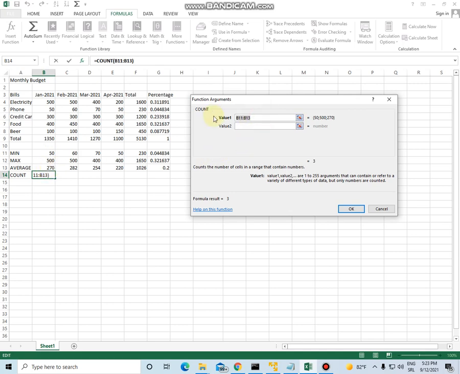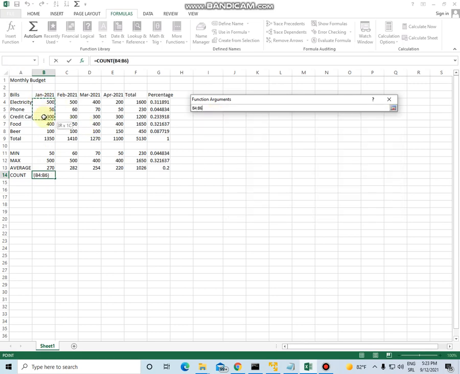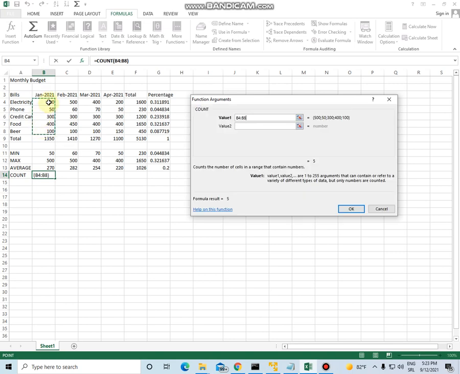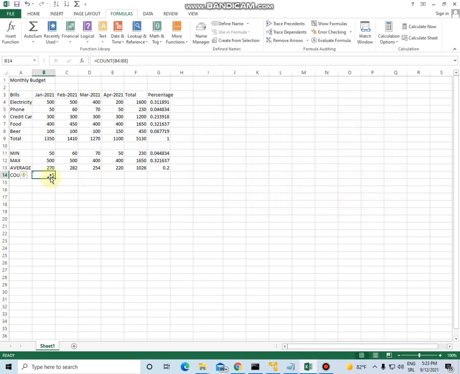We don't want that range of cells. We want to find the number of bills here from B4 to B8, and the count function tells us that this is the number 5.